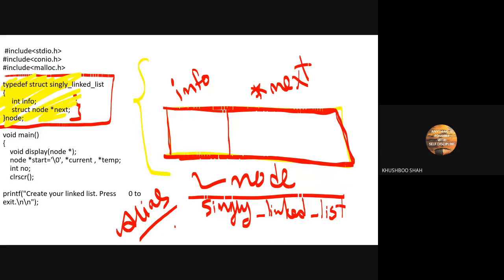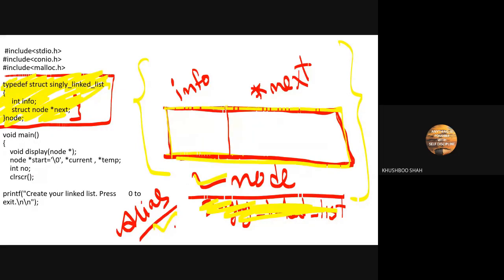If I ask you to draw or explain the graphical representation for this given structure, then you should draw this: singly linked list is the name of the structure, node is an alias, and this structure is divided into two sections. The first section is called info and the second section is called star next. Clear? Yes, ma'am. Any doubt, any query?